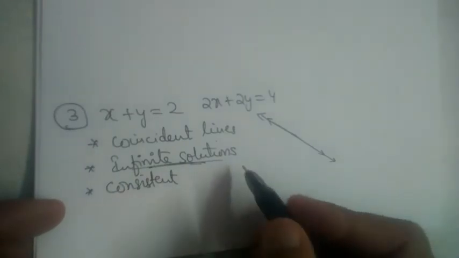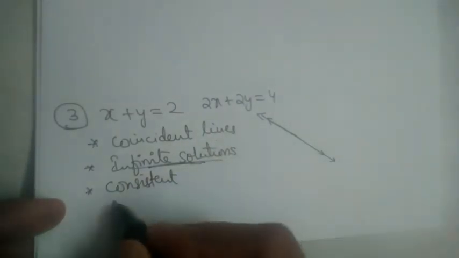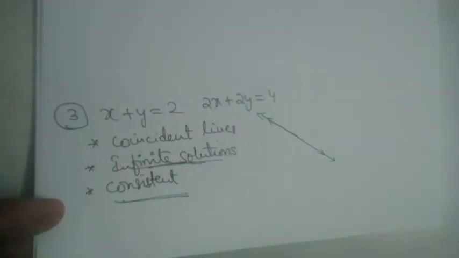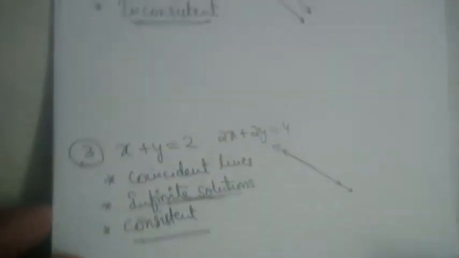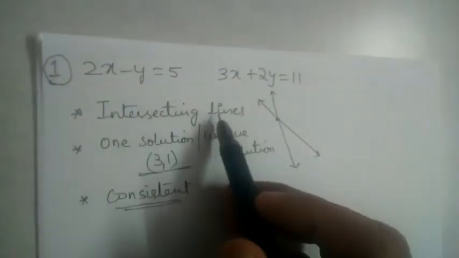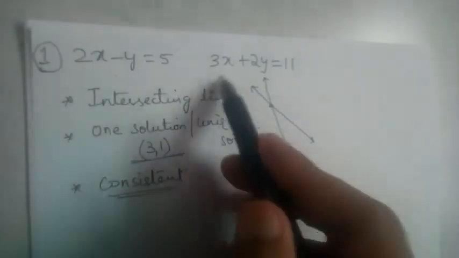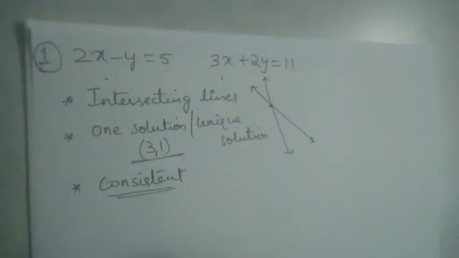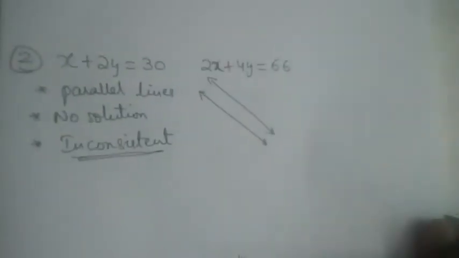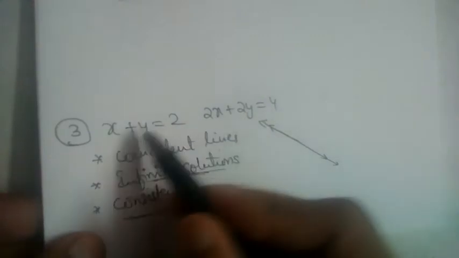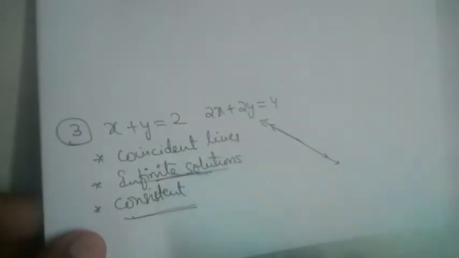Okay, even if there is one solution, the lines will be consistent, isn't it? So consistent lines, these two were consistent lines. All right, we have learned this in the previous maybe 3 or 4 videos. All right, now we came to a conclusion that these two are intersecting lines and they have one solution and consistent only after drawing the graph of these two lines, isn't it? Okay, and we came to conclusion that these two are parallel lines only after drawing the graphs, and we came to conclusion that these two are coincident only after drawing the graph, right?